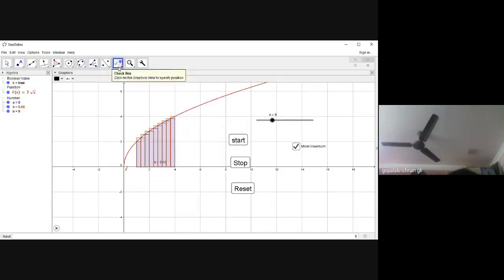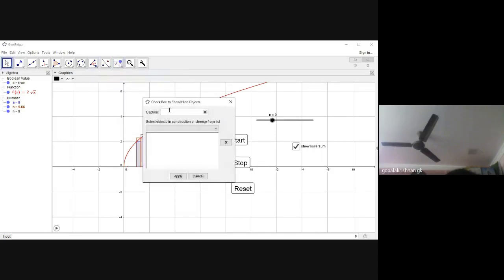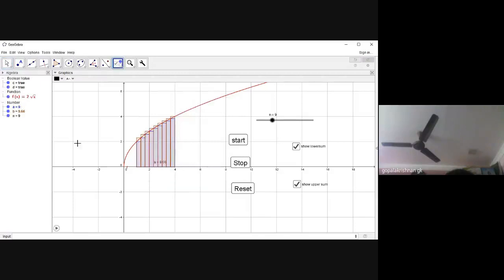Again, I click on the checkbox. I create one more checkbox. What is that? Show upper sum. Click what all you want to show, function, and then you want it to show the upper sum. Apply. So I have created two checkboxes. Now click on this. So it will show you only the